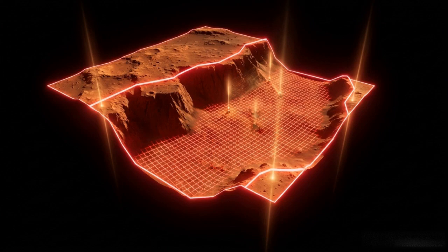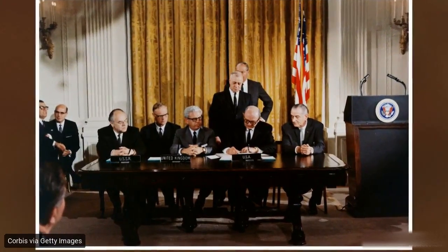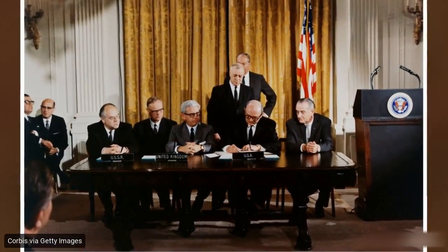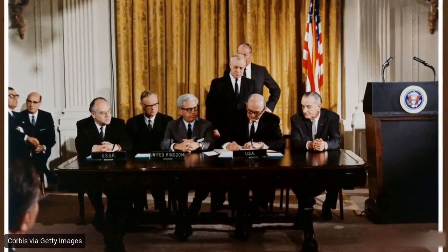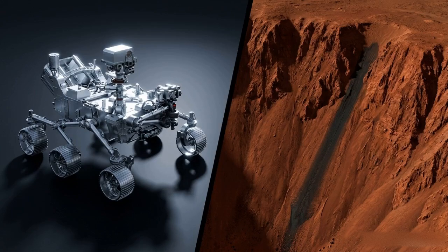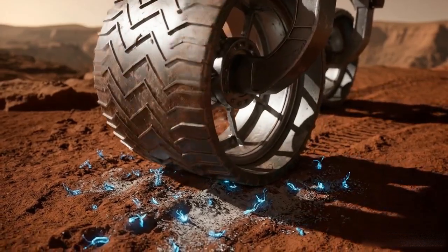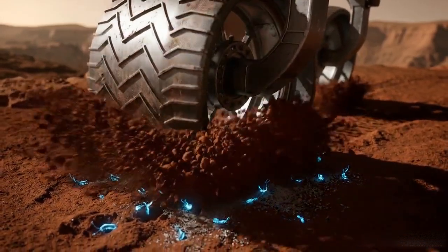Any area on Mars even suspected of hosting liquid water is classified as a special region. These zones are cordoned off to prevent forward contamination. This traces back to international space treaties, drafted decades ago to ensure that human exploration does not infect alien ecosystems with our own biology. We are left in a catch-22. If the streaks actually are water, driving our contaminated rovers into them could irrevocably destroy the very Martian life we